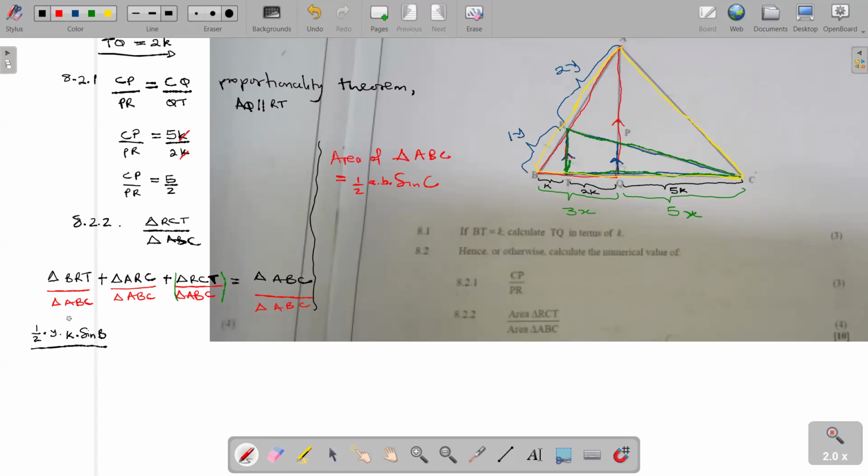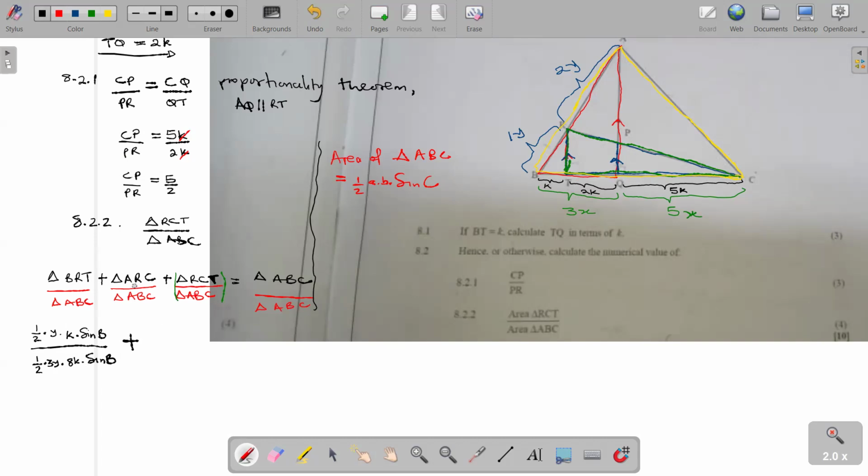area of triangle ABC is going to be half. Because we want to use this angle sine B, so we are going to take this side AB. So the total of AB is 2y plus y, which is going to give us 3y, multiplied by this whole side BC, which is going to be K plus 2K, which is 3K, plus 5K, which is 8K, times sine B, plus